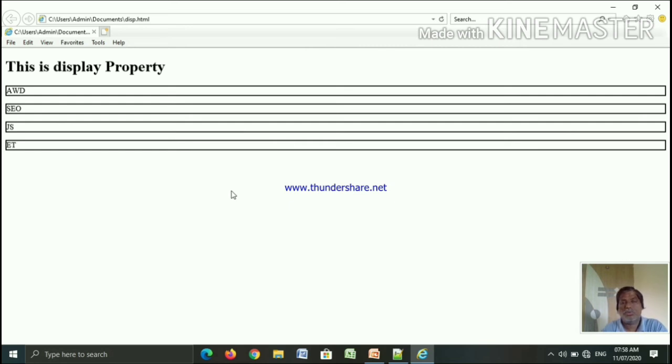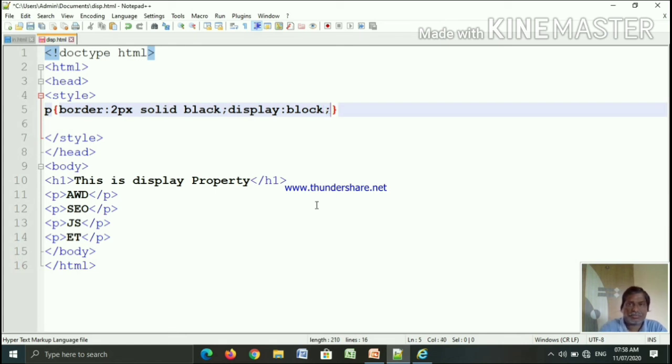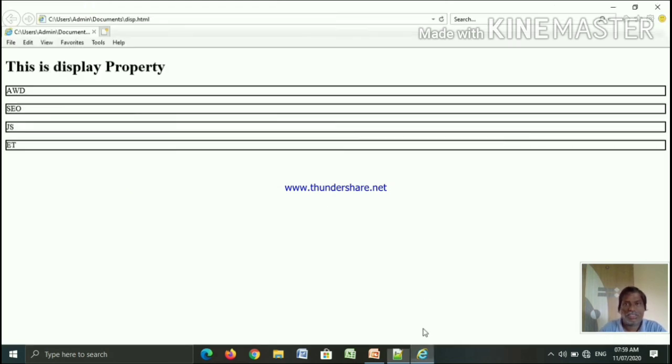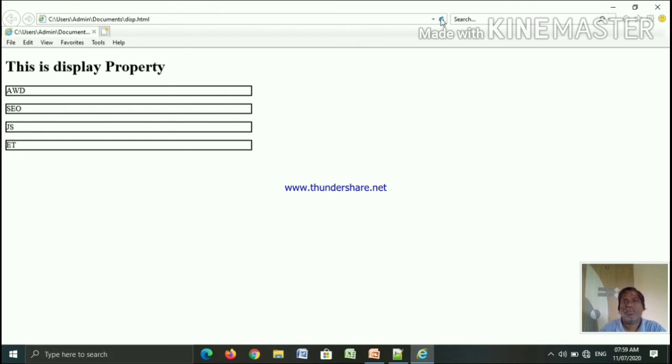Now we can set the width for these paragraph elements with the display property, because block will acquire the whole width of the browser window. See here, this is acquired by block. Now we set a width for it, width 500 pixels, save and see the change. So this sets the width.